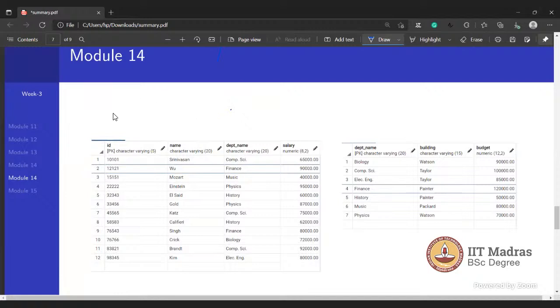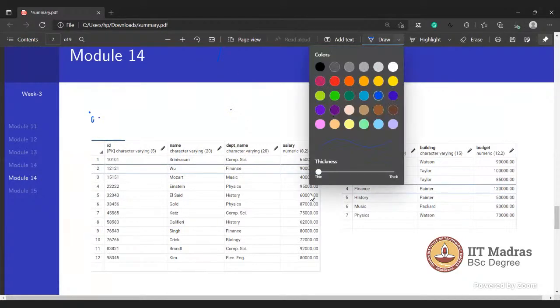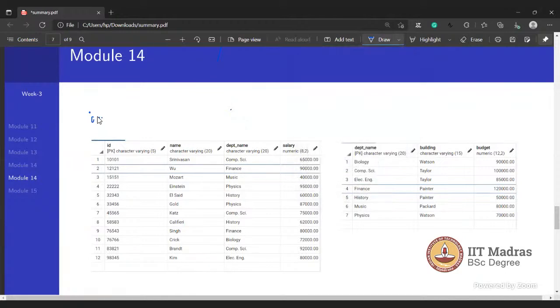This is an instructor table. Suppose this is a department table, and this instructor table is referencing this.